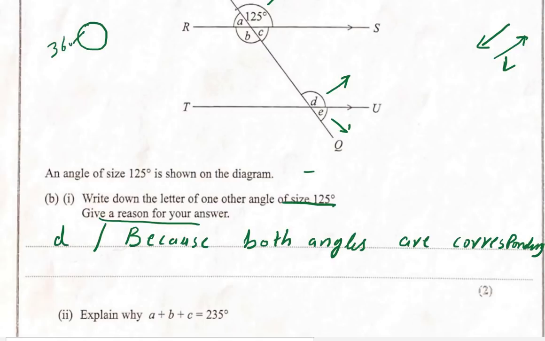Yeah, well done. So when you add all these, all the angles make 360. So we need to find these three angles. Then we know this is 125. So how can you find the rest of the angle? We take away from 360. Easy peasy, isn't it? So we do 360